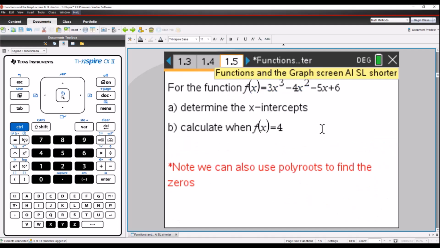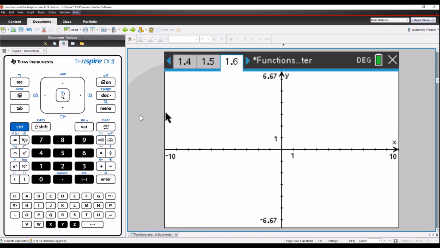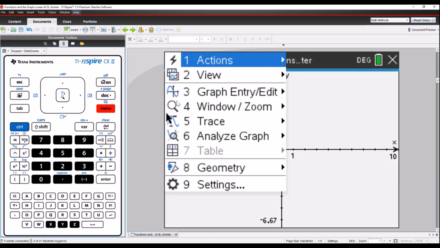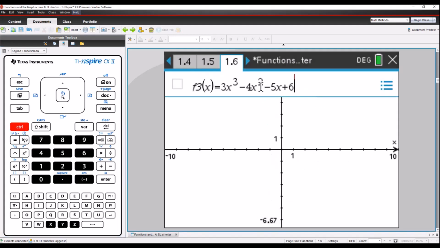All right, so let's start with a polynomial or cubic. We have a cubic and we'd like to determine the x-intercepts and calculate when the function equals 4. So very similar to the last question, but I'm going to show you another way that we can approach this because it's a polynomial. But first of all, you can go to menu, graph entry and function and type in